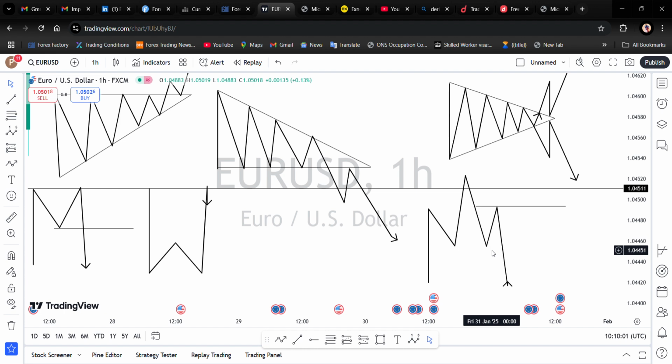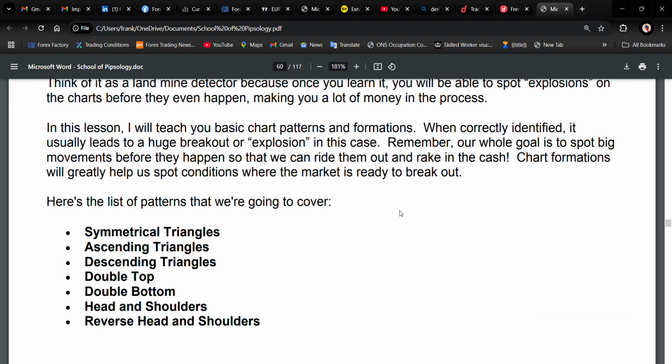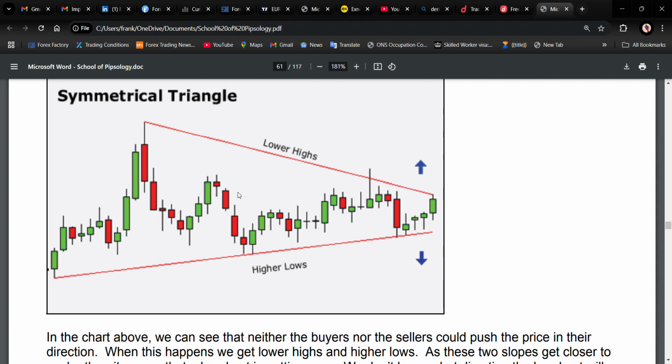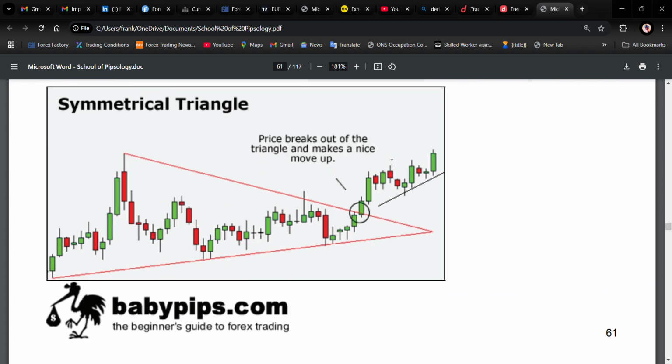So the same way we have the reverse, which is the what? The reverse head and shoulder crown pattern. So let's see what the chart talks about in all of these topics. So we have the symmetrical triangle. We realize that price ranged within two equal highs and lows, and eventually you realize that we have another image showing that price was able to break out from that